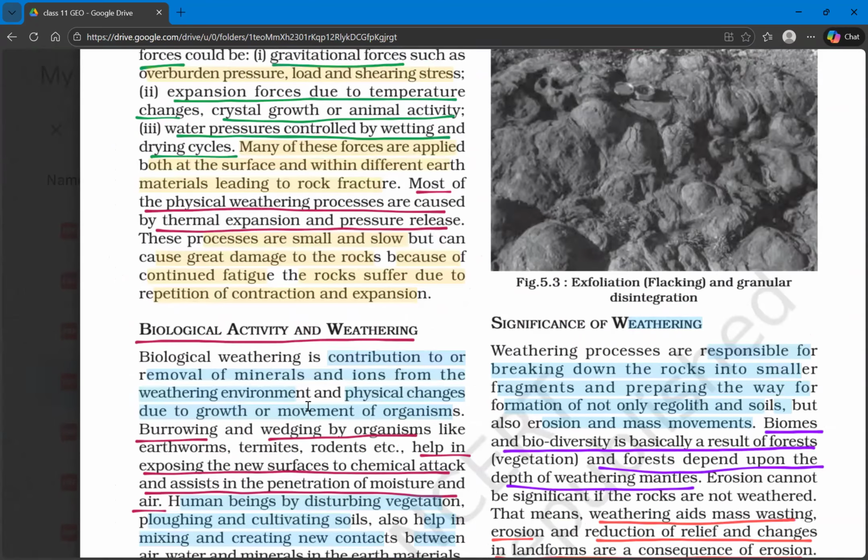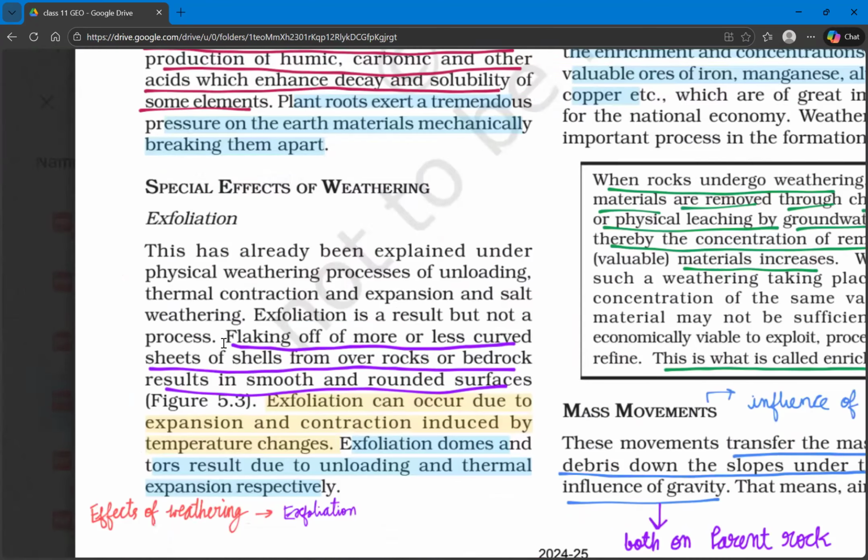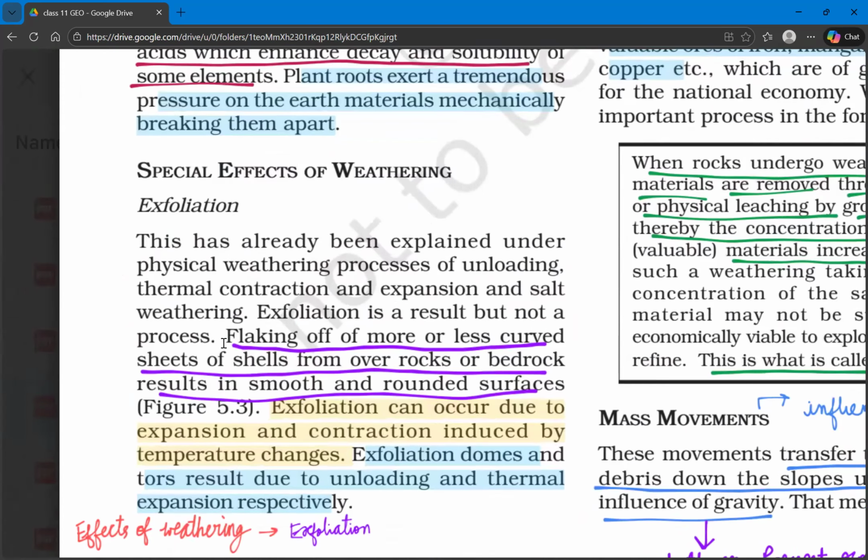Now there are some special effects of weathering. We'll see them. So what is the first special effect of weathering? That is exfoliation. The special effect of weathering is exfoliation. So what is this exfoliation? Exfoliation is a result, but not a process. So exfoliation is a result of weathering, but it is not a process of weathering. Flaking off